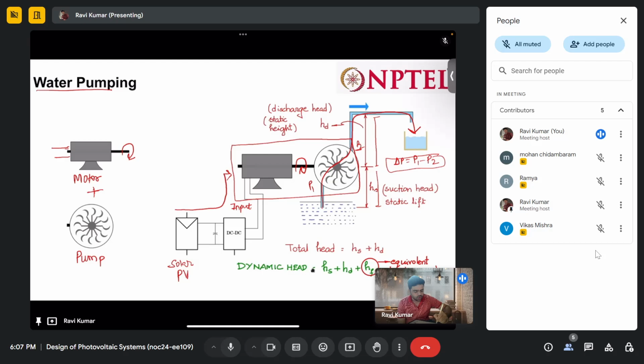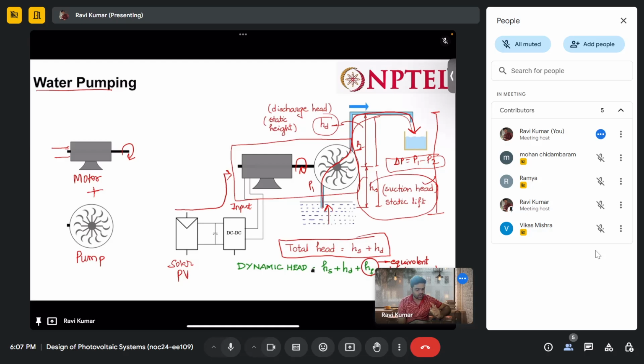Here we need to take this water from this level to this highest level, and this is like the inlet side. So usually it is known as suction head, and it is the discharging side, means water is being discharged to the reservoir, so it is known as HD, that is the discharge head. So total head will be HS plus HD, suction head plus discharge head. And also